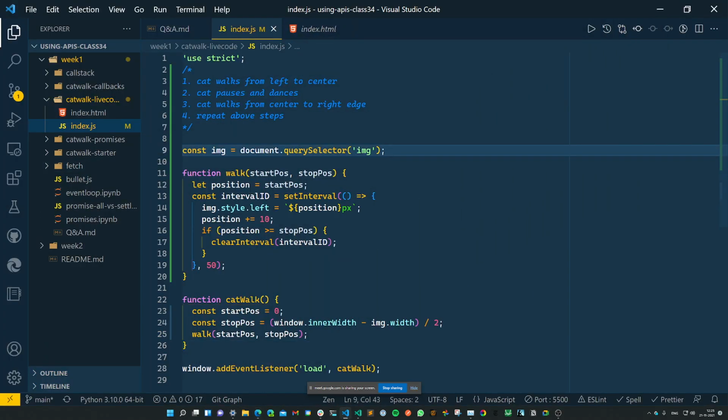Okay. Now, how can we use? No, let's put it another way. I would like to be notified when the cat has reached the center. Yeah, and that's where the promise comes in handy. So what we're going to do is wrap this function here into a promise. So walk will return. Currently walk doesn't return anything, it returns undefined. We're going to let it return a promise so that we know when the cat has reached the middle of the screen, then the promise